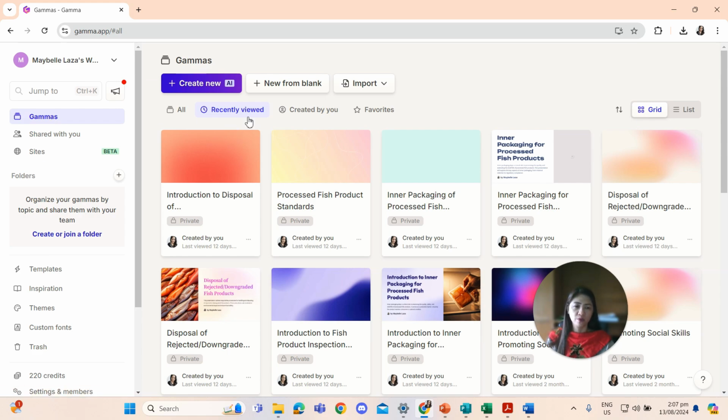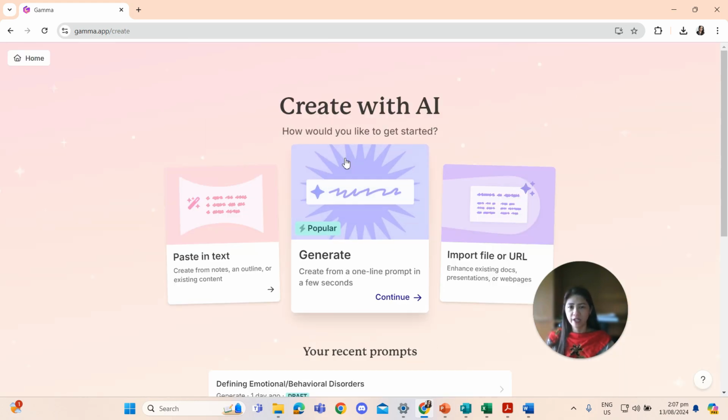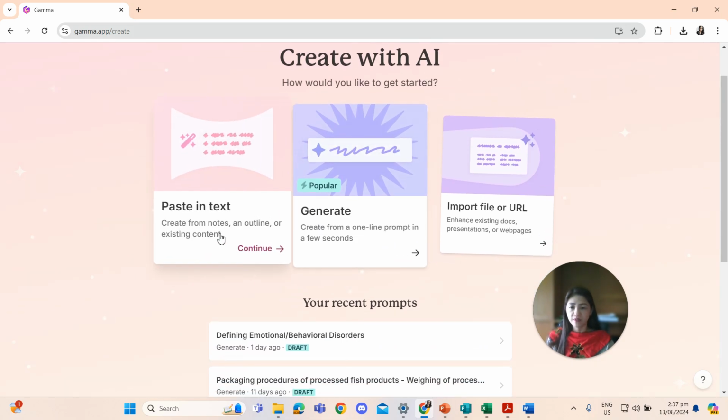What I always use here is Create new. Here we have Create new, Create with AI, of course. It costs 40 coins. Every time you create or generate, it costs 40 coins. Then, Paste in text, that is the first one.